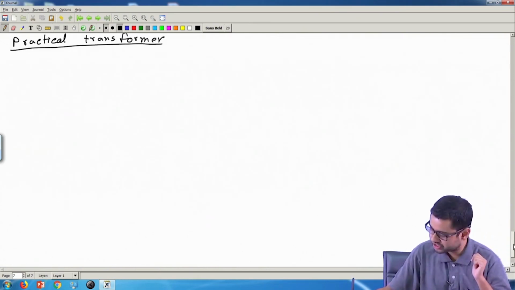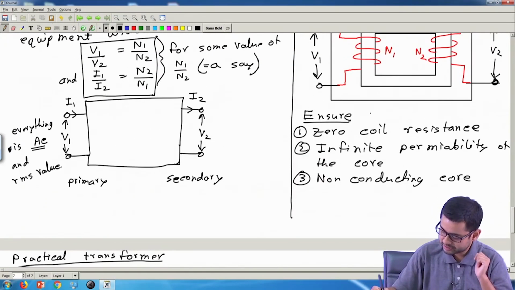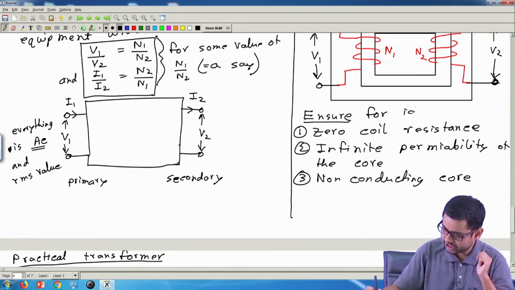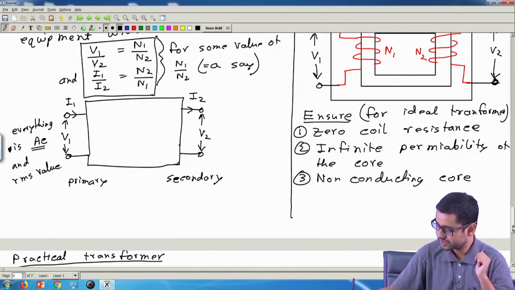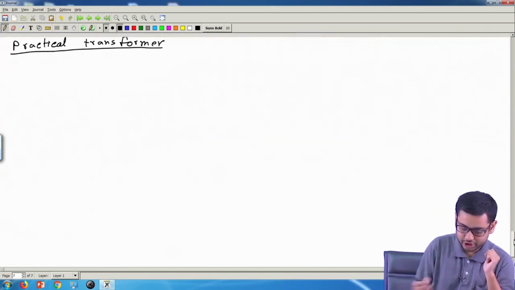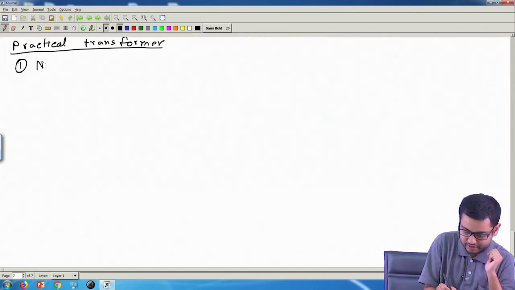The previous was for an ideal transformer, and for a practical transformer, of course, we will have all the opposite conditions: non-zero coil resistance,